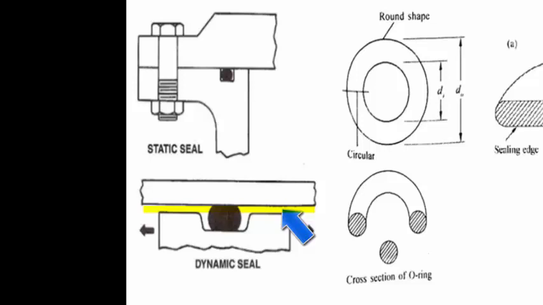The temperature of the seal is going to increase, and it may have some change in properties, or it may simply degrade, or it may cause wear and tear. So it will be a non-positive type of seal. Now apart from that, there will be a relative motion between the piston and the cylinder. So because of that, we will say this will be the dynamic seal, because there is a relative motion between the cylinder and the piston. So this will be a non-positive type of dynamic seal, and this will be a positive type of static seal.